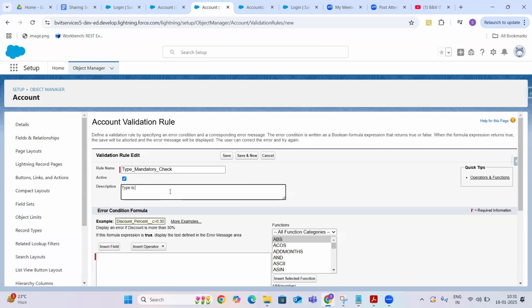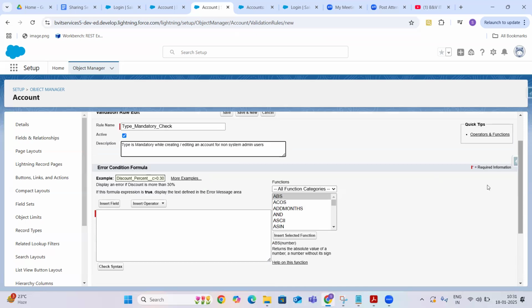Type is mandatory while creating or editing an account for non-system admin users. Okay, this is my requirement. Type should be mandatory while creating and editing an account for non-system admin users.